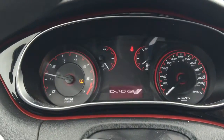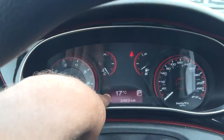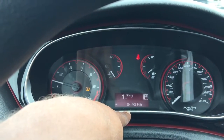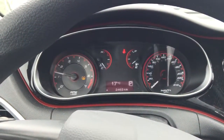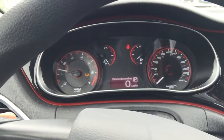Now we have a great large cluster display in this vehicle with your small digital display right here, currently showing the temperature outside, what gear we're in, and how many kilometers are on this vehicle, which is 2,463 low kilometers on this. Now, if we just flip through a few of these screens, we can see our speedometer in kilometers per hour, which is great,